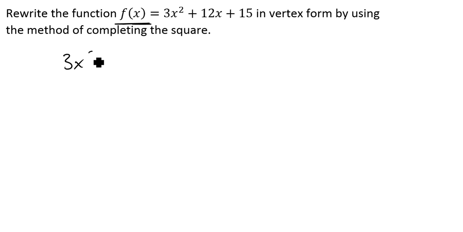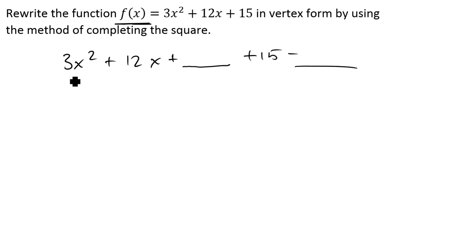So I've got the 3x squared plus 12x, and then I've got plus something to complete the square. But then I've got a plus 15, and I have to subtract this same thing to complete the square. Now, as I look at my first two terms,